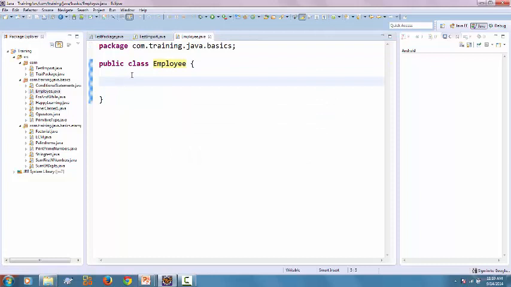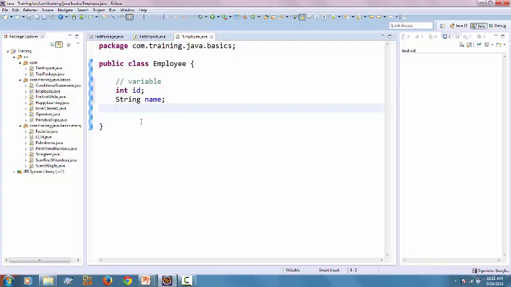So let's use the employee class. The first thing it can have is variables. So if I say the employee class has int ID, an identifier, and it has some name,